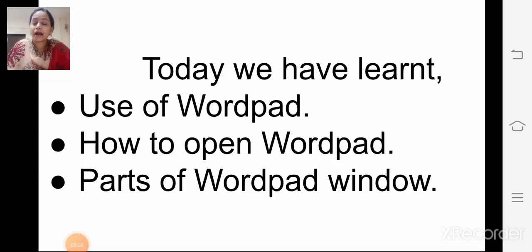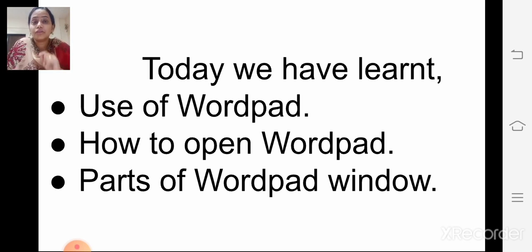Children, I hope you all understood this lesson. Lesson number 7, starting WordPad. So today we have seen use of WordPad. What we do on the WordPad. Okay, we type letter, we type text, we type essay, we type stories.